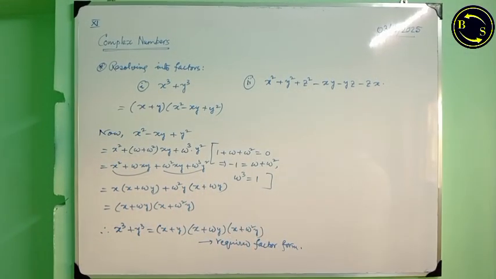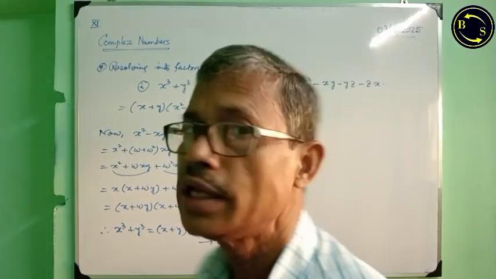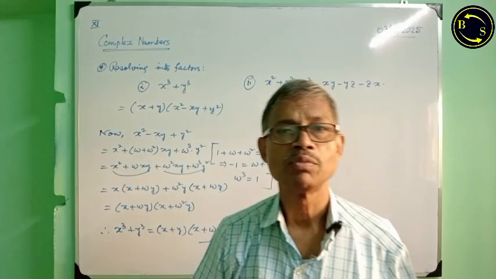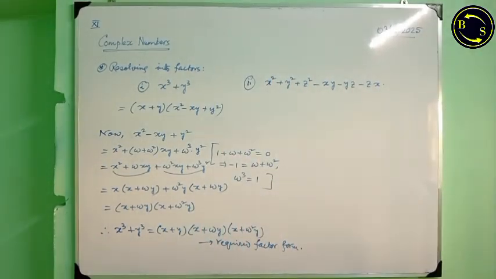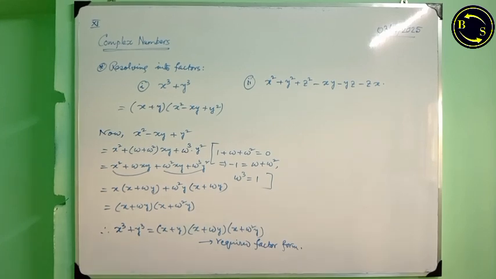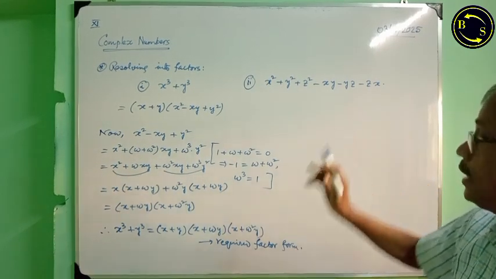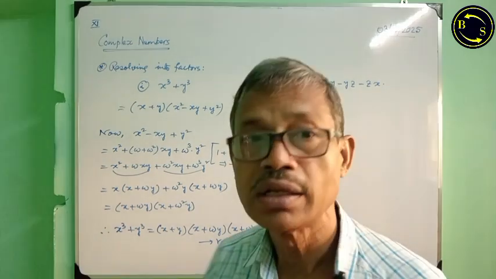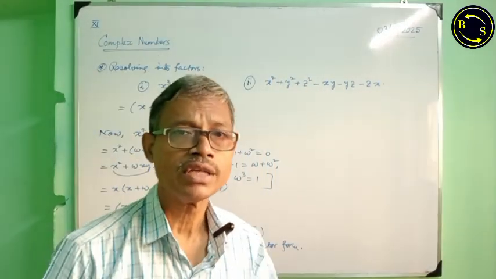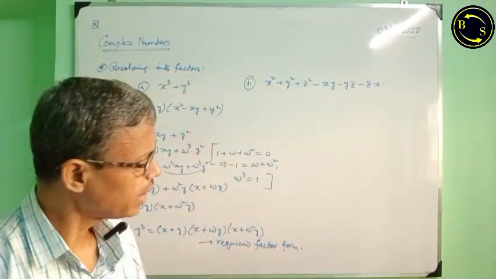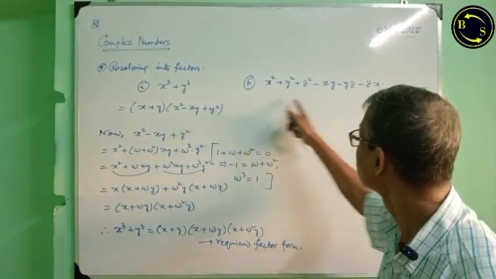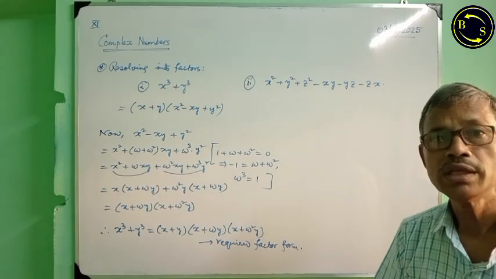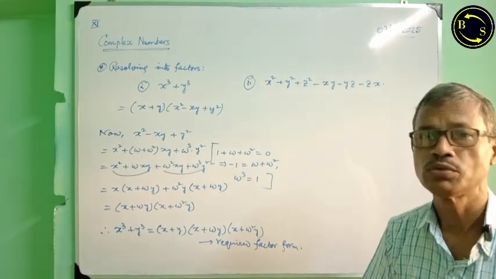Already you have got this form while resolving into factors: x cube plus y cube plus z cube minus 3xyz, and the factor form is x plus y plus z within brackets this large expression x square plus y square plus z square minus xy minus yz minus zx. Now, after learning the ideas of complex numbers, this large expression can also be resolved into factors. I am going to do